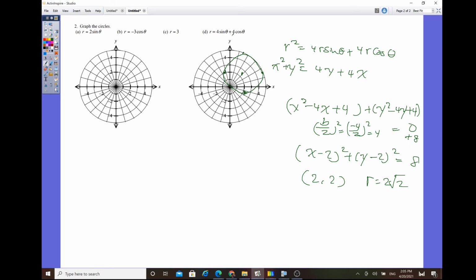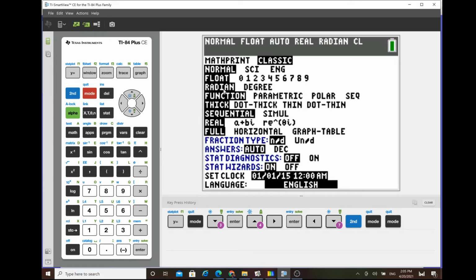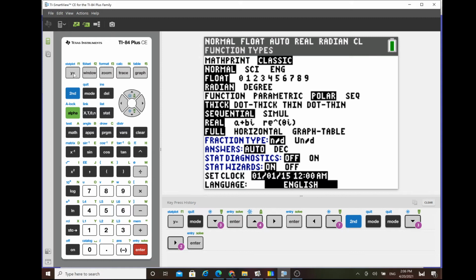And also you can always check the graph on the calculator. So this one, 4 sine theta, 4 cosine theta. Okay, so using the TI. Once you turn it on, make sure that you switch the mode from degree to radian. Mine is already in radian. And also for the function type, you want to use the polar form instead of the regular function, xy coordinate. So that's a polar r theta. Highlight it, enter,